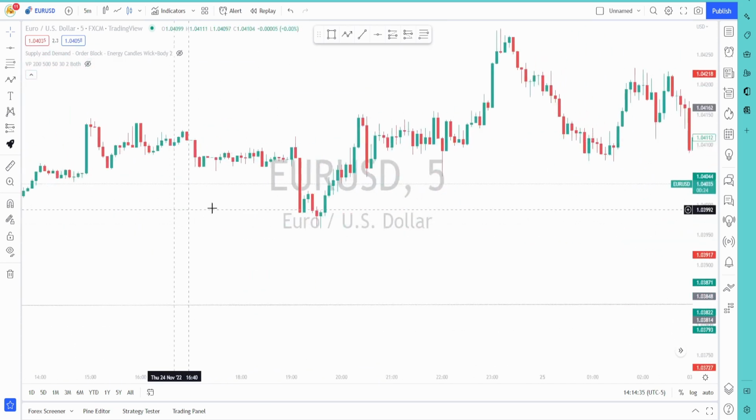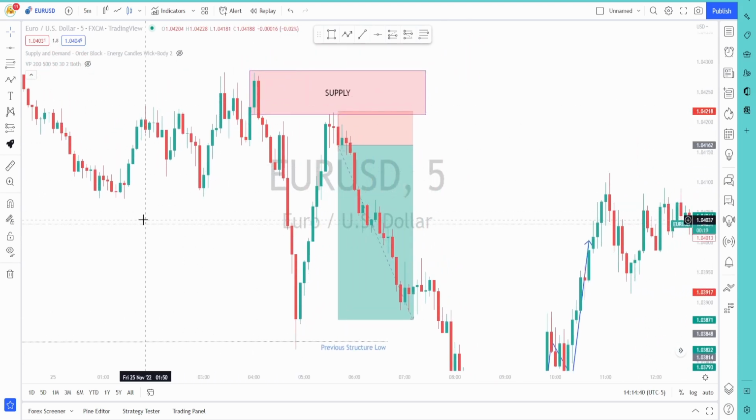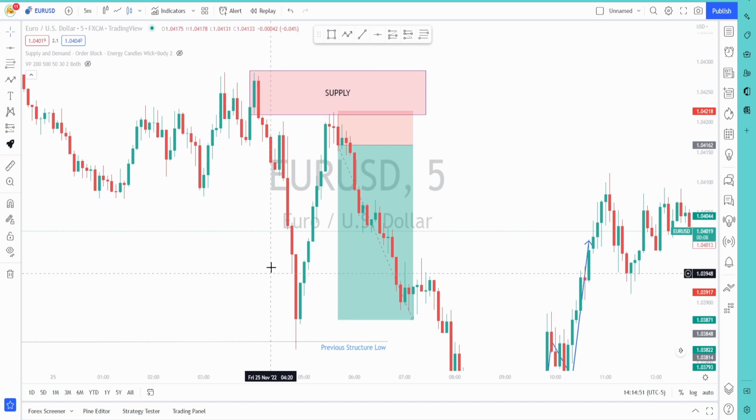When we go further down into the next day, you can see another example here. Clear and obvious push to the downside. You see structure was broken. You've got your area of supply marked off, and you're just patiently waiting for price to come back. The price came all the way down, and it took out the previous structure low before deciding to go back up,